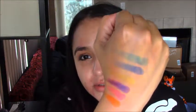I'm confused. What are you about? Quality or quantity? Like, I don't know. Purple's pretty. Pink is alright. It's very patchy. Can you see those blues? They're very patchy. So I'm going to go ahead